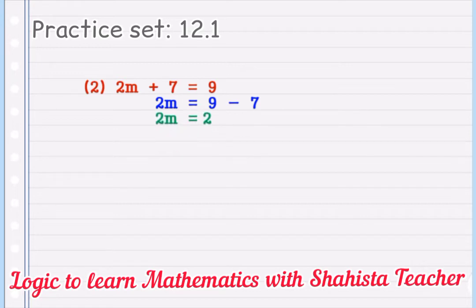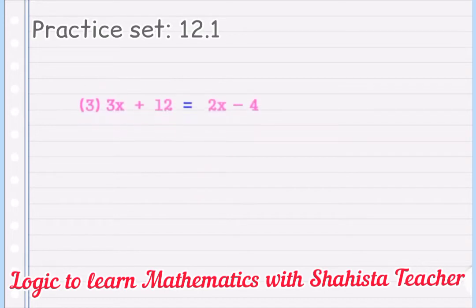So here again we will do division. So m is equal to 2 upon 2. We will do the division operation here. 2 is the numerator, 2 is the denominator. So 2 ones are 2 and 2 ones are 2. So m is equal to 1. Cancel both these numbers. Therefore m is equal to 1. So simple, my dear students. Like this we have solved question number 2, sub question 2. Now let's solve sub question 3.